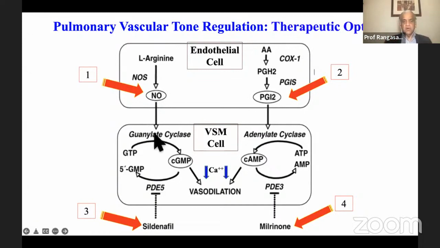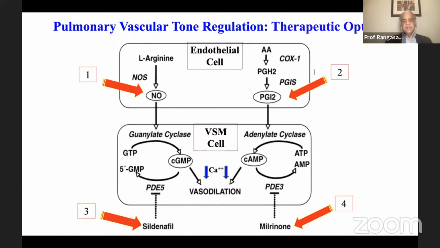Okay, so it acts on guanylate cyclase, converts guanosine triphosphate to cyclic GMP, which is the intracellular messenger that decreases the calcium concentration through protein kinase A, and causes vasodilation. The second pathway is the arachidonic acid pathway. PGI synthase converts into PGI2, and PGI2 combines with adenylyl cyclase, converts ATP, adenosine triphosphate, to cyclic AMP. So both cyclic AMP and cyclic GMP will decrease intracellular calcium concentration, leading to vasodilation of smooth